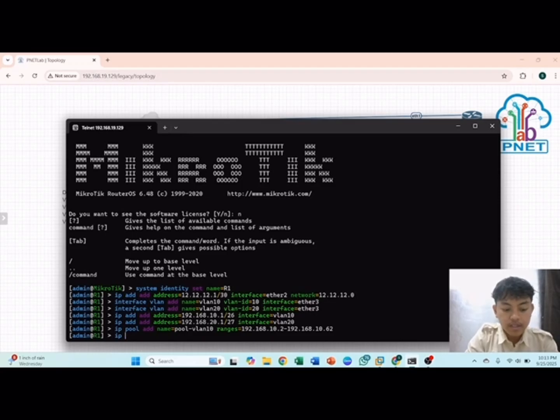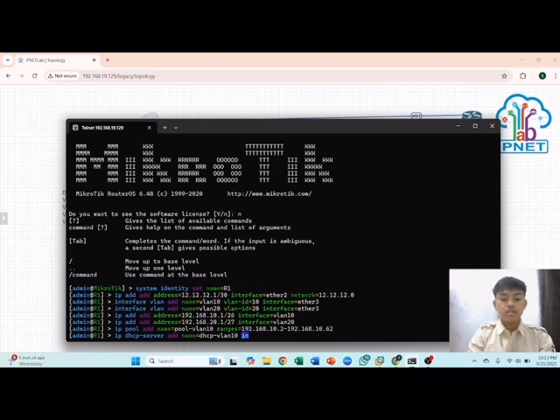And then we add the IP DHCP server. Add name is DHCP VLAN 10.